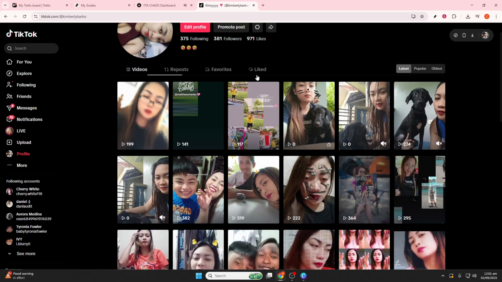And there you have it, a fully connected TikTok and Instagram profile setup. This connectivity not only enriches